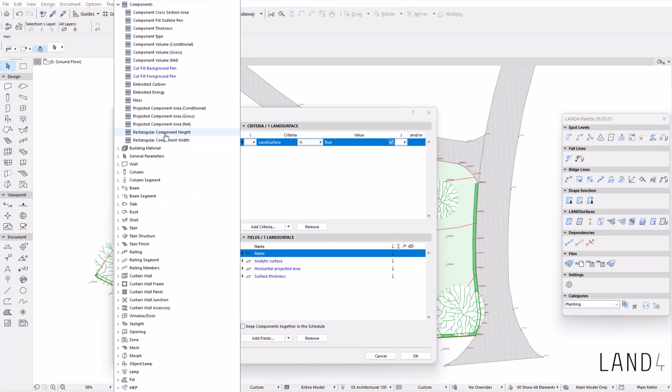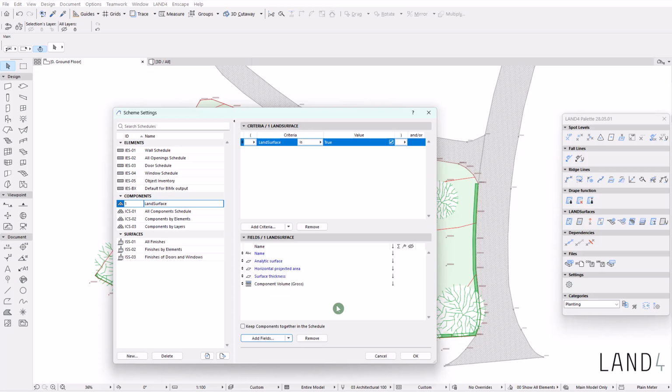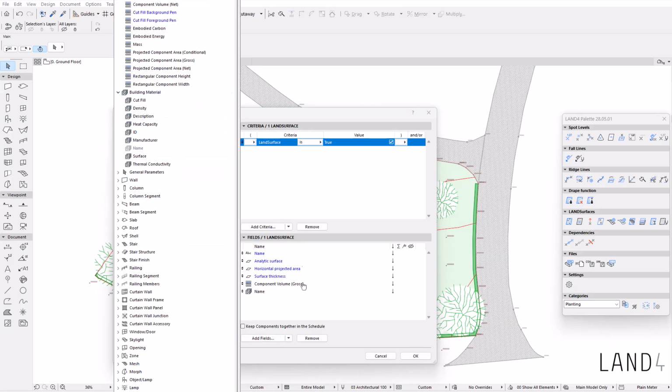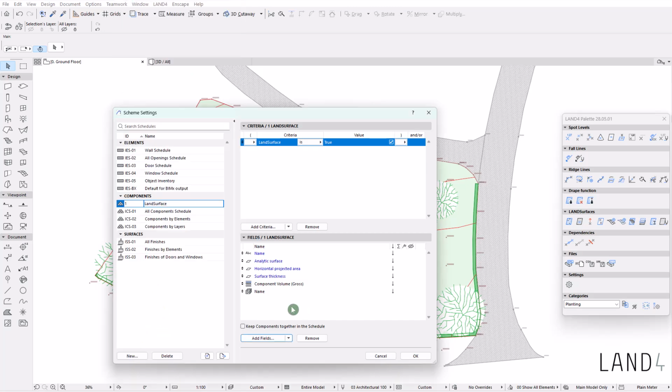Now under components, we can also add different volume parameters that will be showing the volumes of the building material that we have used in the composites over the land surface. I will also add some information about the building material, such as name, and rearrange the order of the parameters in the way I want to be shown in the schedule.